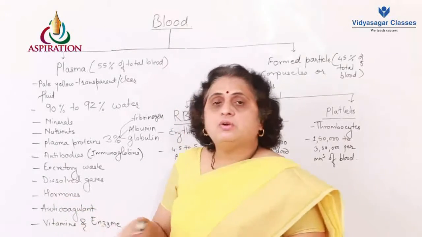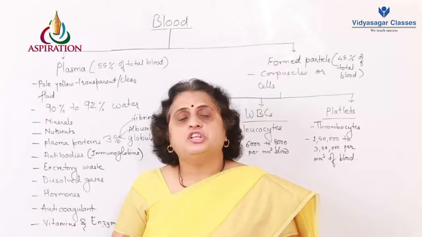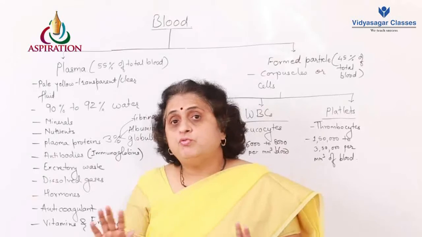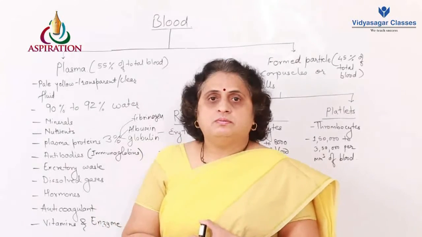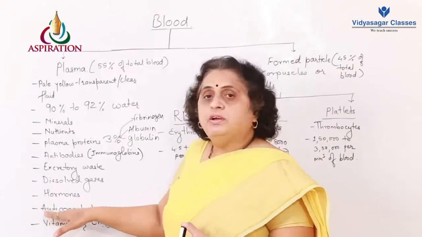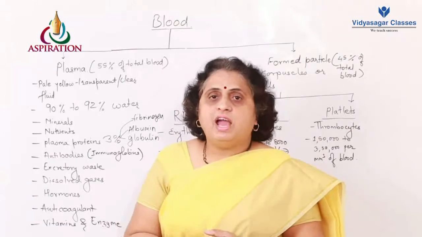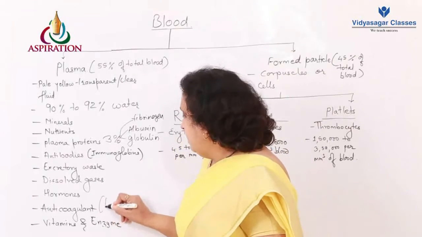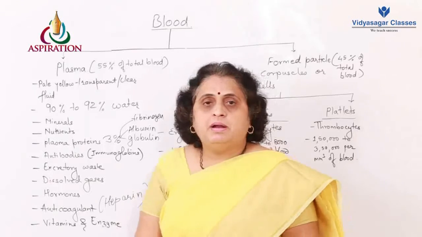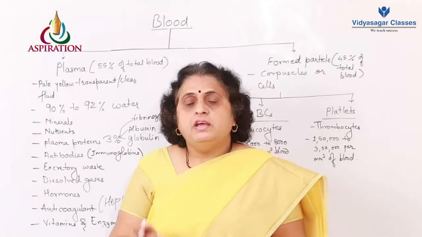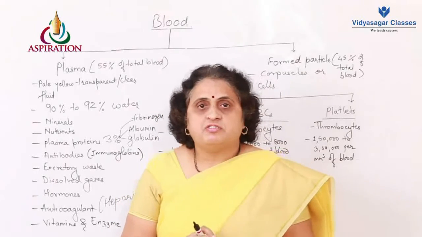After that, we have anticoagulants. What are anticoagulants? Under the normal condition, the blood inside our body does not form clots. Rather, blood is prevented from forming clots, and therefore we require an anticoagulant in the blood. The normal anticoagulant that we have in the blood is called heparin. Heparin is an anticoagulant in the blood. This heparin prevents the clotting of the blood under the normal circulation process.